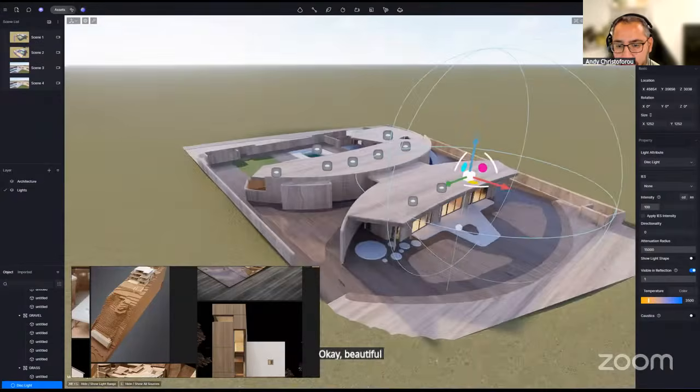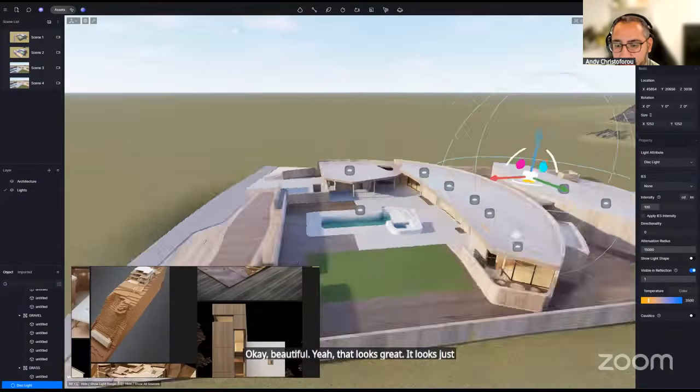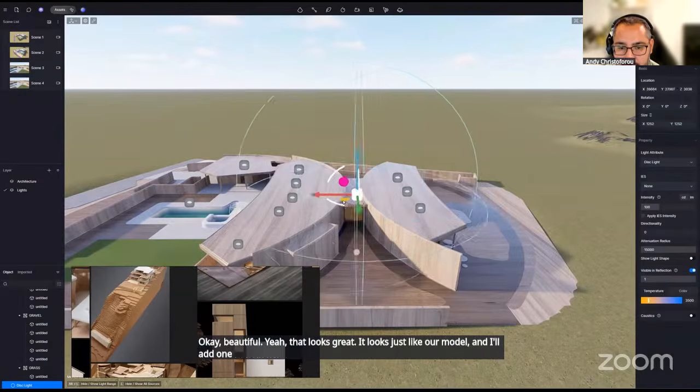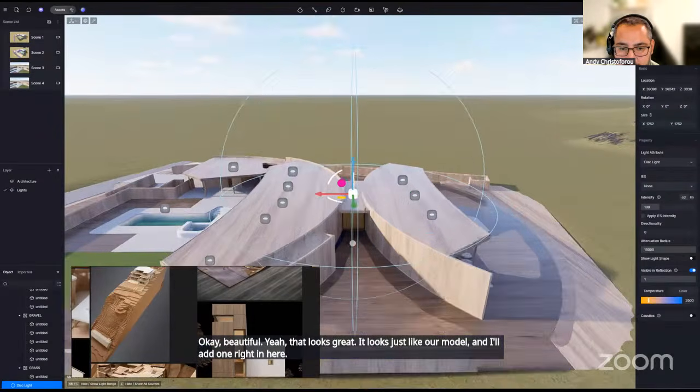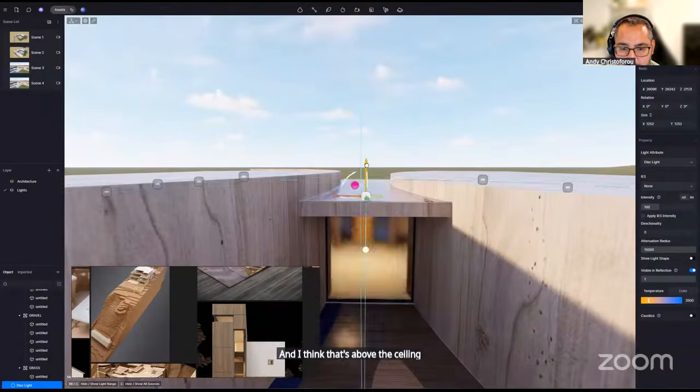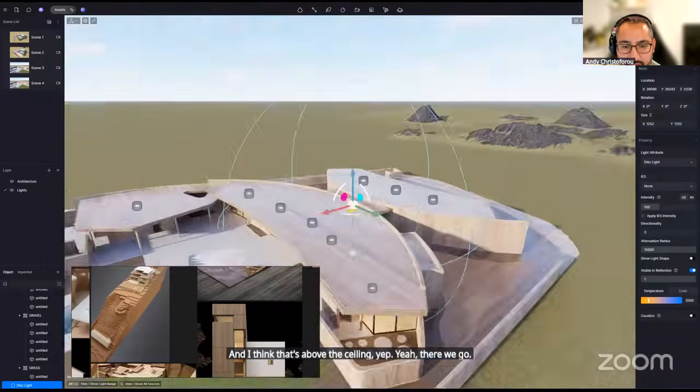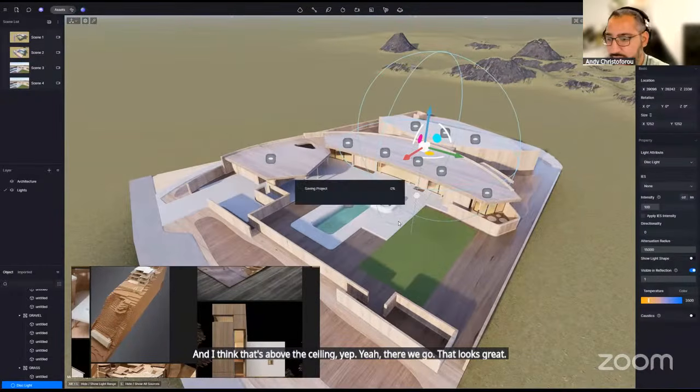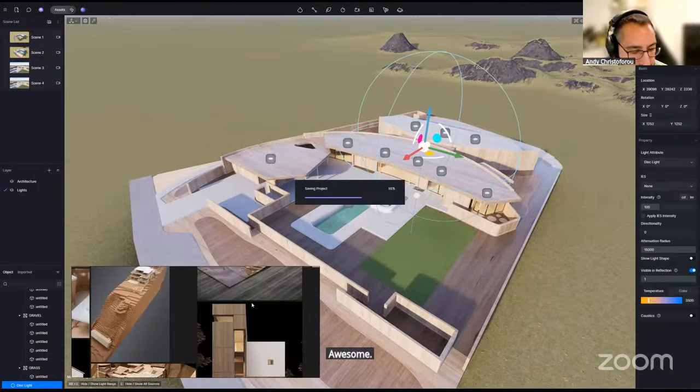Okay, beautiful. Yeah, that looks great. That looks just like our model. And I'll add one right in here. And I think that's above the ceiling. Yep. Yeah, there we go. That looks great. Awesome. All right, cool. So now that we got that,